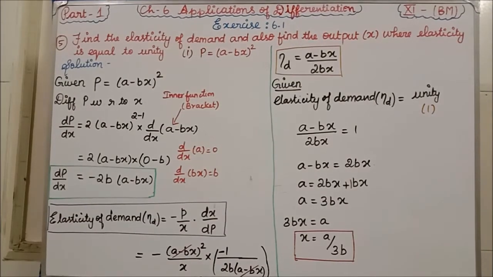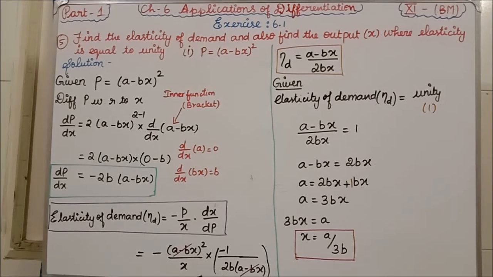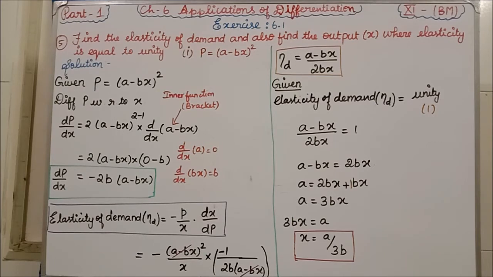Next we are going to do the fifth question. In the fifth question, the same model you are going to do for the fourth question also. The fourth question is a very easy question. In the fourth question also we are going to find the elasticity of demand. How we do the fifth question, the same model only you are going to do. So the fourth question is homework. Students, next we are going to see the fifth question. Okay, now we'll start the fifth question.